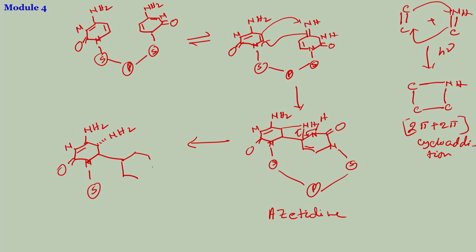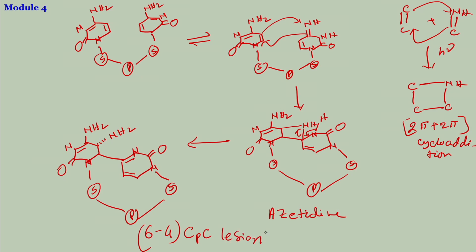Here is your phosphate 1, 2, N. Now, this has become a double bond over here, you had another double bond here, yeah, this is it. So, this is your 6,4 cytosine lesion or 6,4 photoproduct,